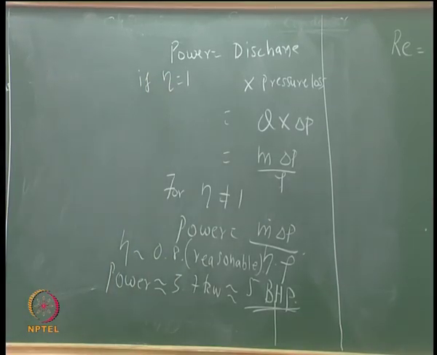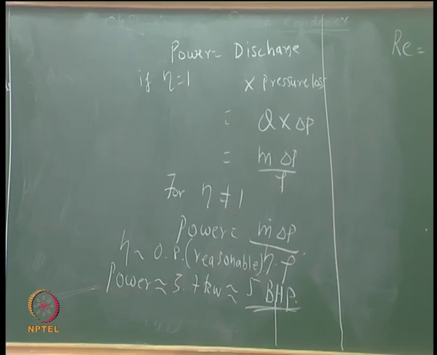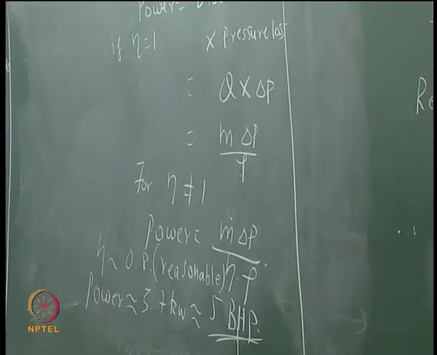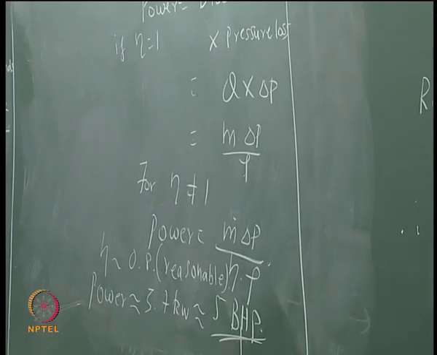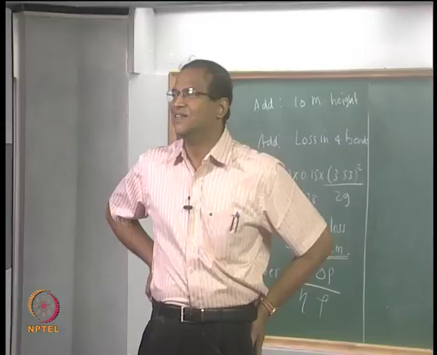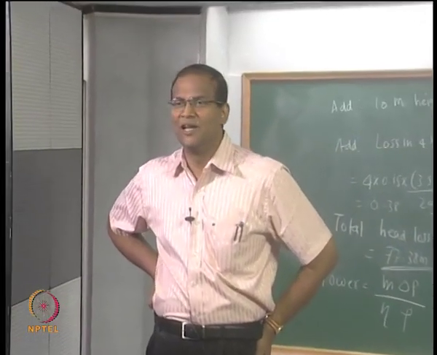So you go to the market, buy a 5 HP pump, and buy a 1.5 inch pipe, call your plumber and fix it up and switch it on, it will work. So at the end of today's class, you have learned how to design a simple pump and piping system for a domestic application and so on.